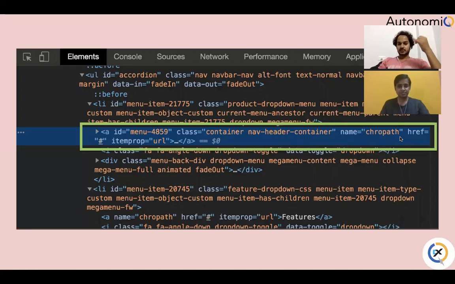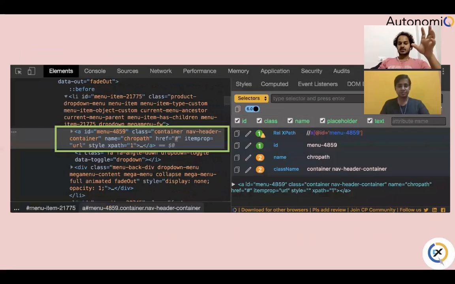This name equal to ChroPath could be there in the page. The same class could have been used multiple times. So we cannot use the class or name until we verify those attributes are unique or not. How has ChroPath solved it? As soon as you inspect that element, ChroPath will immediately tell you all the possible selectors for that element and what are the occurrences of those locators.